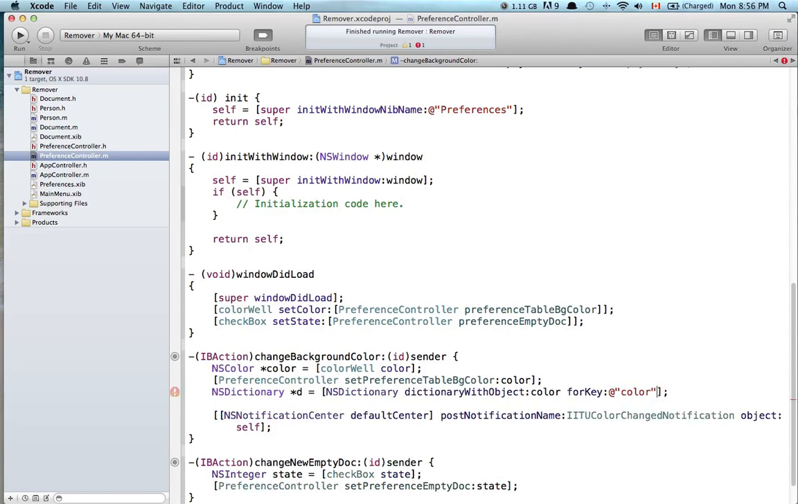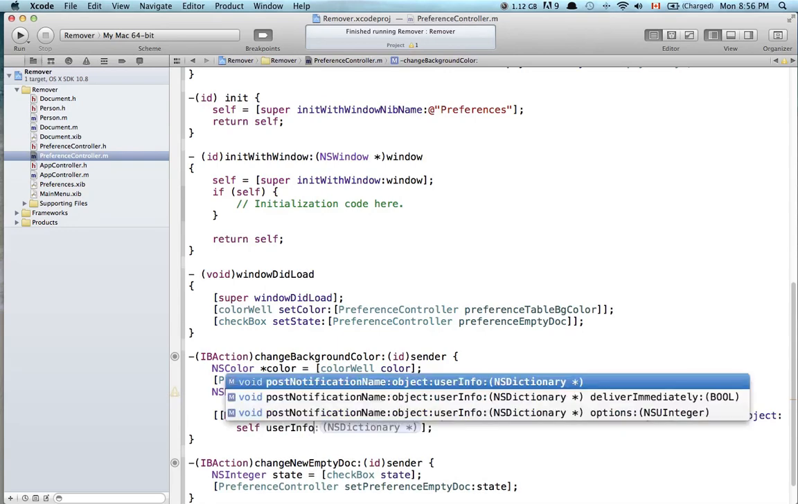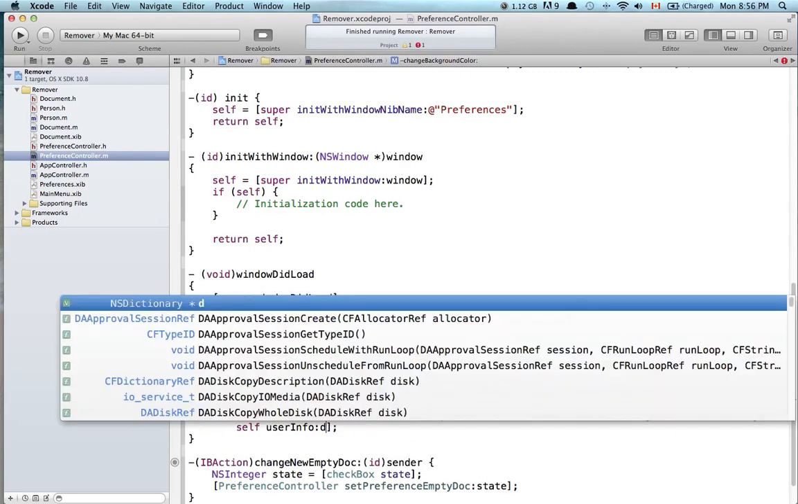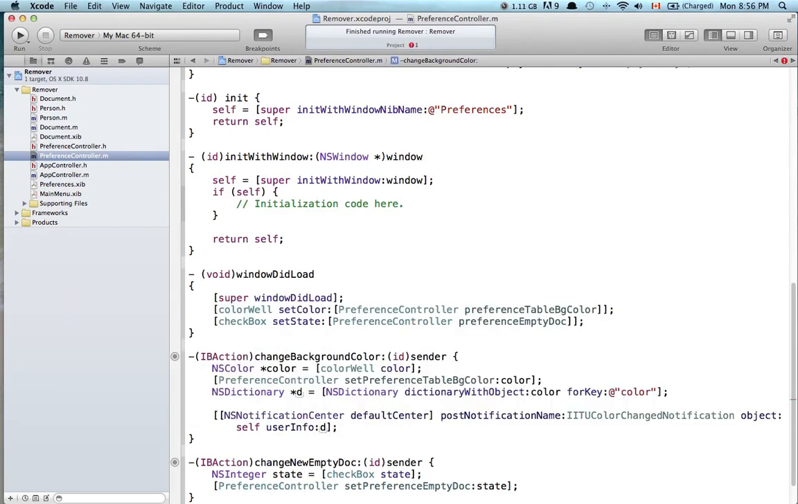This is not the name of the notification, this is just a key for this NSDictionary, so we don't have to use the same name. And now when I'm posting this notification, I'm saying this is the name of it, this is the object to be used, and now I can pass this NSDictionary. And to do it, I can say userInfo, and this accepts an NSDictionary of additional information. So this is perfect. Now let's go back to my Document.m,